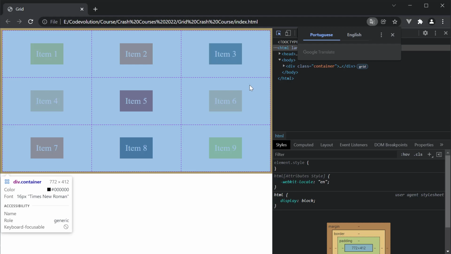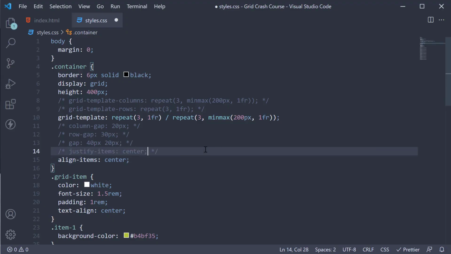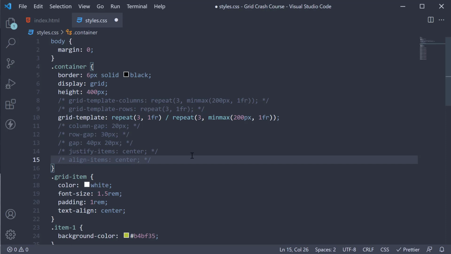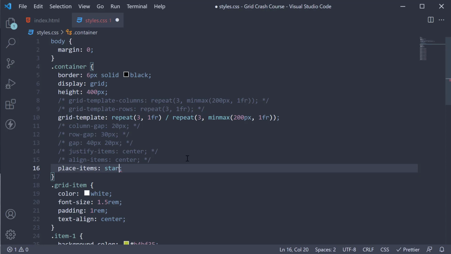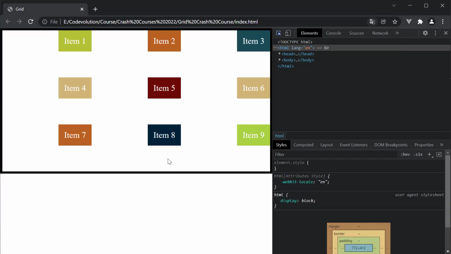Now it is also possible to specify both the properties in a single declaration using the place items property. So I can comment out justify items, align items, and instead specify place items, and let the value be start and end. The first value here, which is start, is for align items, and the second value is for justify items. So if you've got this right, the items should be pushed to the top of the cell and then to the right of the cell. Refresh, and we see